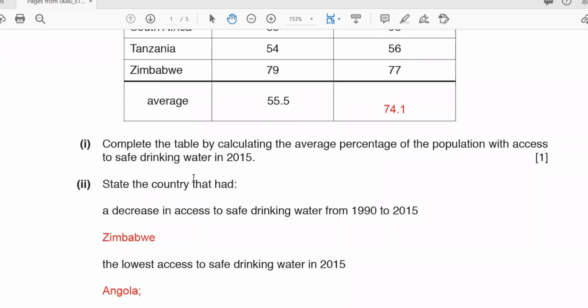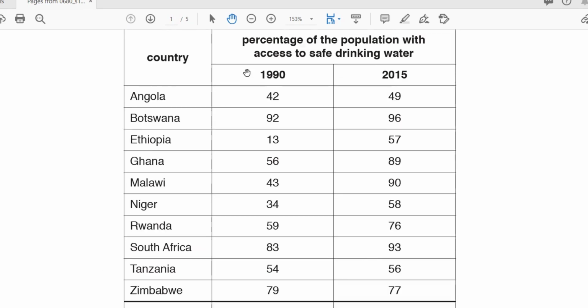Okay. The largest increase in access to safe drinking water from 1990 to 2015, meaning more people, the percentage increase. Malawi, for example, here to here 7% increase, here to here 4% increase, here to here I think it is 34% increase. So which one are you talking about? Malawi? How much percent is this? 47, I think. Yes. Okay,